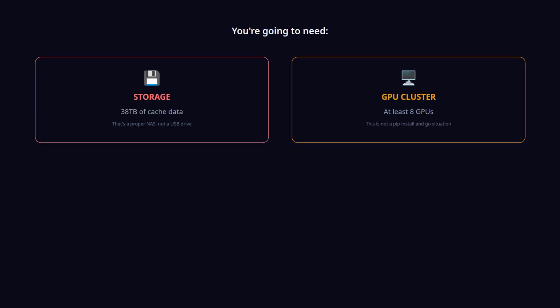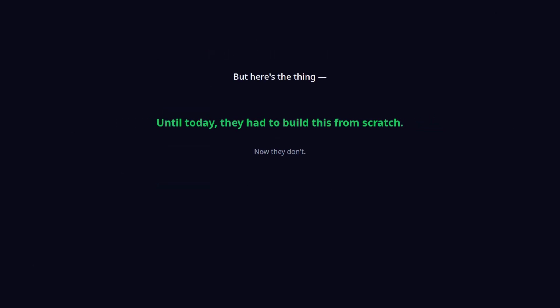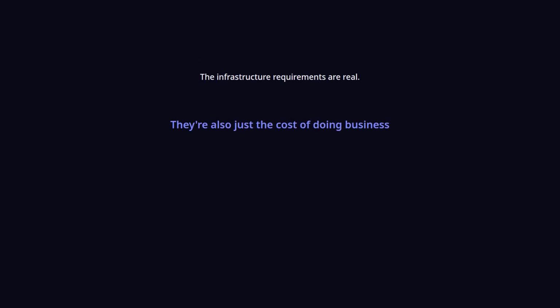Now, the bad news. And there's always bad news. Data preparation for DeepSpec requires approximately 38 terabytes of cache for the target model. That's not a typo, 38 terabytes. You're going to need storage, and training assumes you have at least 8 GPUs. This is not a pip install and go situation. This is production infrastructure. You need a cluster, you need the data pipeline, you need the cooling bill. DeepSpec is designed for companies running LLMs at scale. But here's the thing, until today,